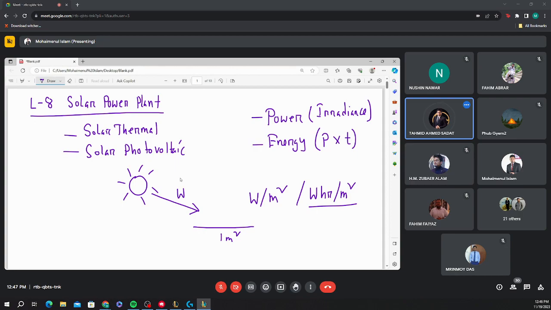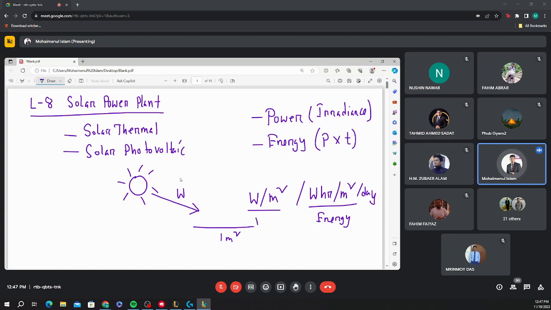Yes, sir. So one terminology is irradiation and another terminology is the energy, the sun energy you are getting. Suppose you are getting the energy per day, watt hour per meter square per day, then you need to write it per day. If it is month, per month. If it is year, per year. If it is per hour, you need to write per hour. So this is our energy term